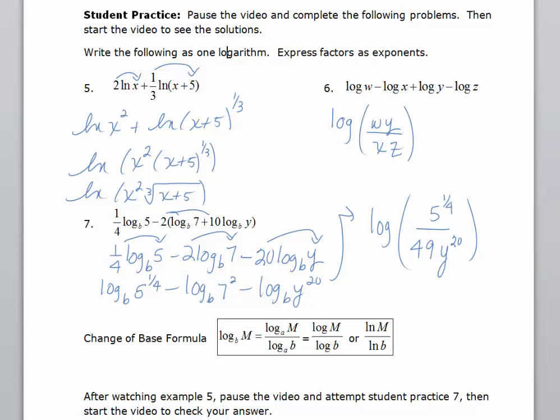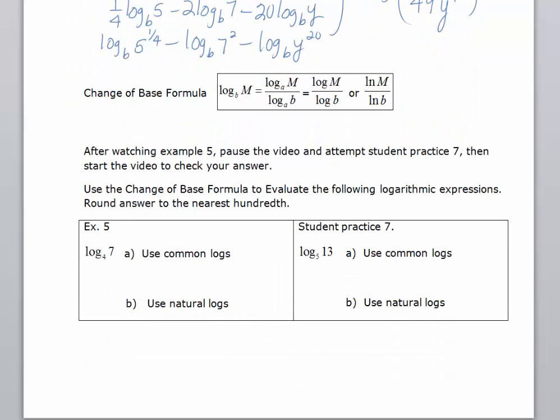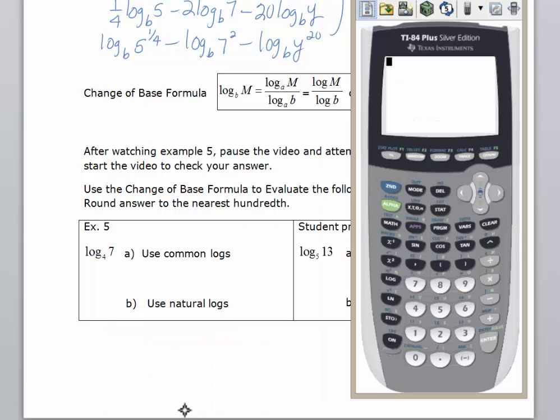Alright, the last property that we want to look at in this case is a formula. It's called the change of base formula. And you'll notice that when you, let's open the calculator. If you open your calculator, you'll notice that